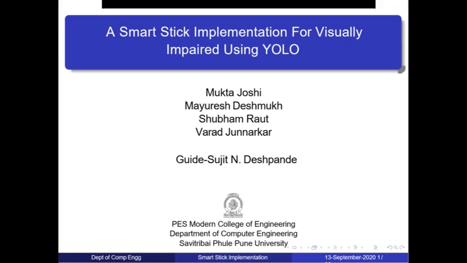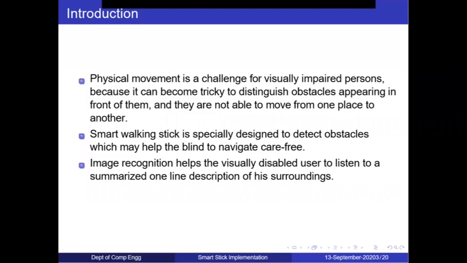Now, as we can see, the world is advancing with technology in various fields, and so we just thought we can use our knowledge to implement in a similar domain to help visually impaired people. We observed that visually impaired people just do not need to detect a hurdle or an obstacle in front of them,